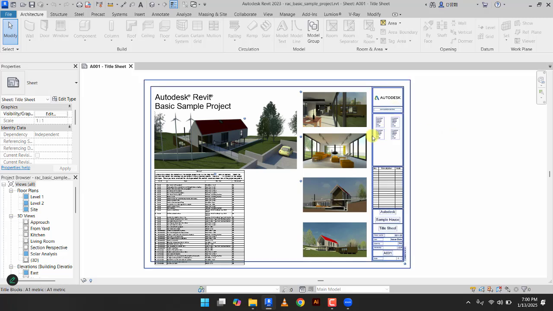Just what you have here, there are two things. Over here, you see what we call properties. Then when I scroll down over here, I'll see project browser. So these are two things. These two, there's no way you can model in Revit without them. It's not possible. You always need them to be there